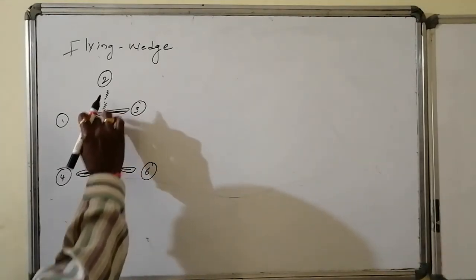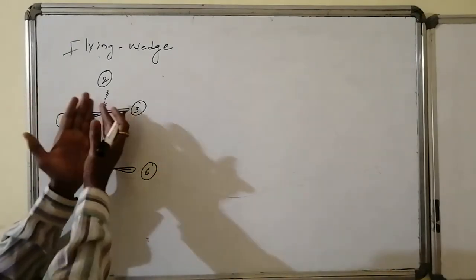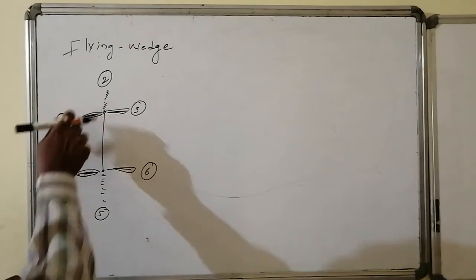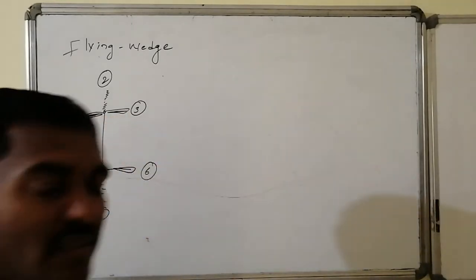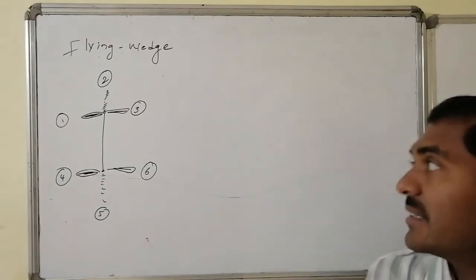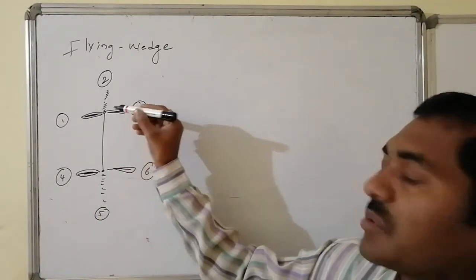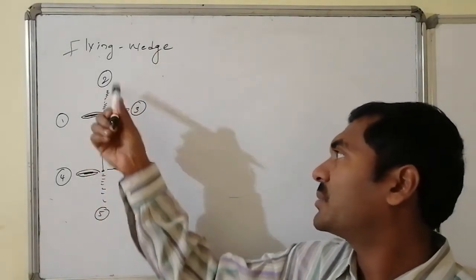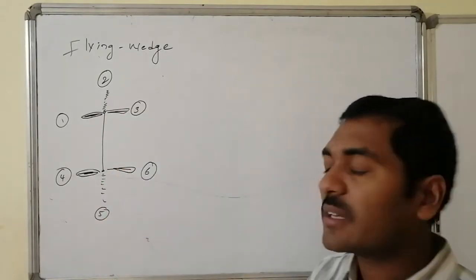Similarly, here valency 1 and valency 4 are projecting towards us in one plane like this. From this plane, these two are projecting towards us. These two are present in one plane. Similarly, the next ones, valency 3 and valency 6, are projecting towards us, and those are also present in a plane. Whereas valency 2 away from us and valency 5 away from us are also present in one plane.